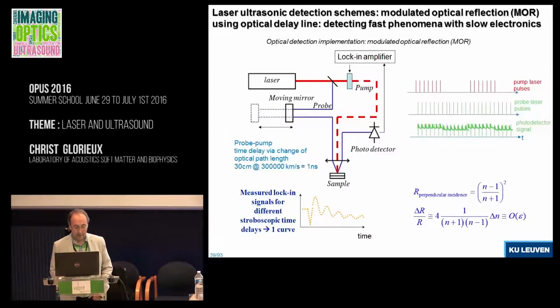So the light is split in two. So what happens is that the pump light is coming first to the sample. Why is it first? Because the path is a bit shorter. It arrives a bit earlier than the probe light. It's making the change. It's exciting the wave or it's heating the sample, and this is inducing the change of reflectivity,